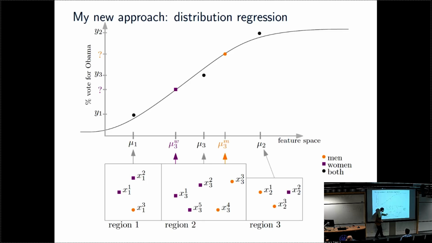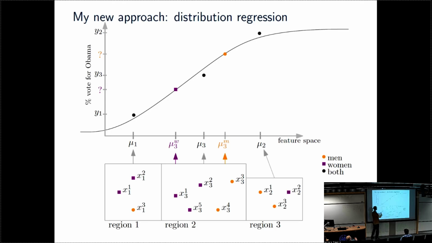I take these covariate vectors, each of which is high dimensional, and I turn them into this mean embedding. That's the language of this kernel thing in machine learning, reproducing kernel Hilbert spaces, Mercer kernels. You do not need to know the details of this. I'll actually show you this in a much simpler way. But somehow I take these vectors, I turn them into this high dimensional vector, and then there is this label, outcome variable. Same thing for region 3.